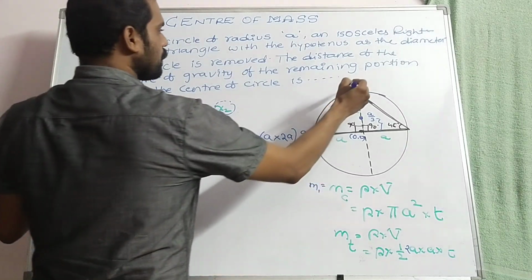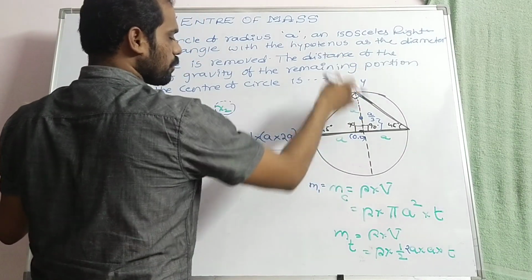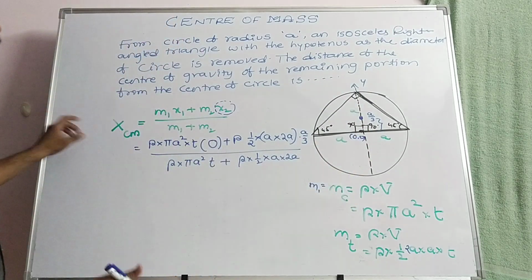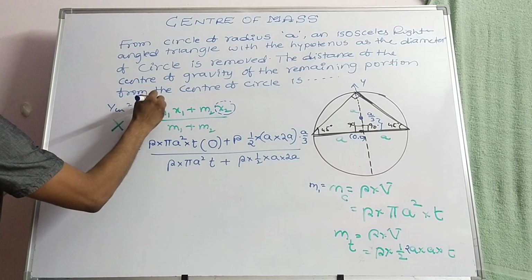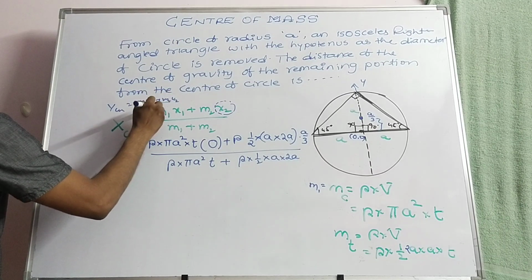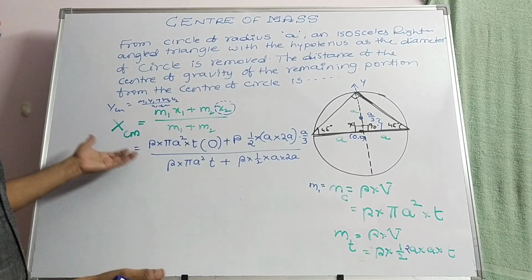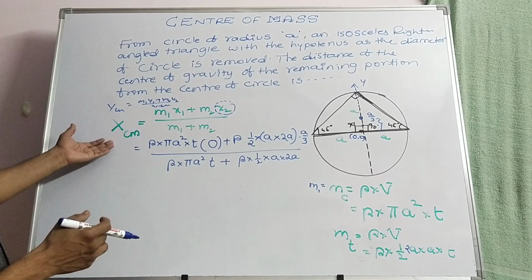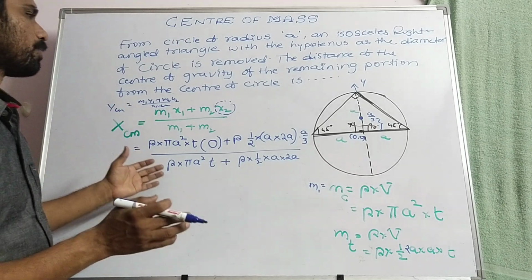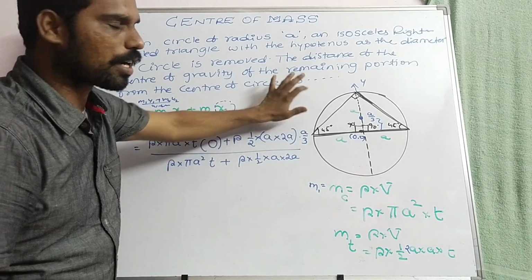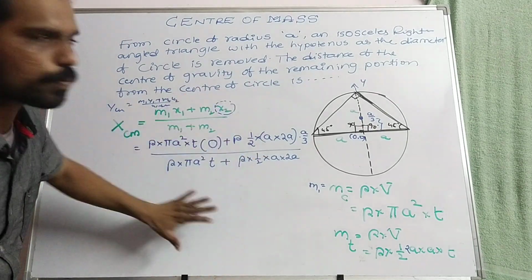But this is negative, and this is the y-axis, we have to consider vertical, that's why instead of xcm we have to write ycm, which is equal to m1 y1 plus m2 y2 by m1 plus m2. But in general we write xcm only, so that's why I am taking the x coordinates as m1 x1 plus m2 x2 by m1 plus m2. But according to this diagram, xcm must be taken as 0. We have to derive ycm in this process.